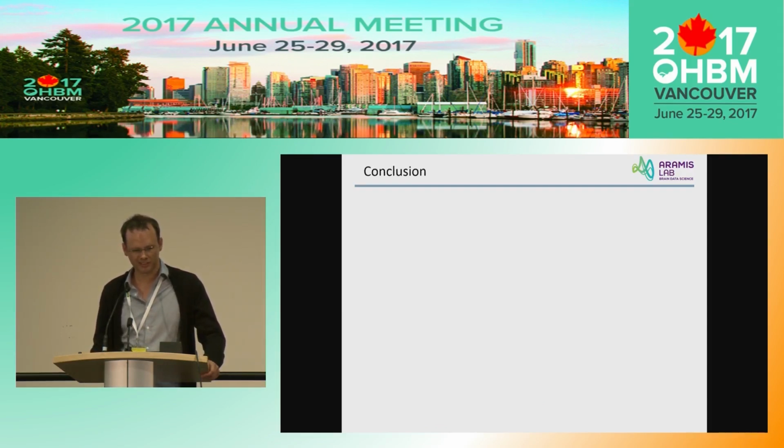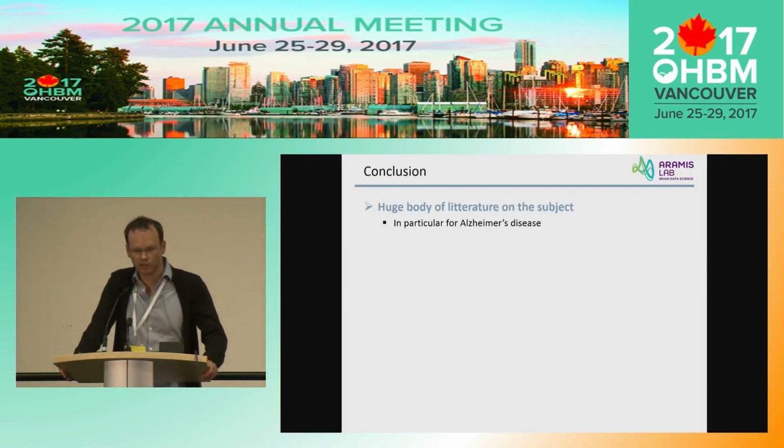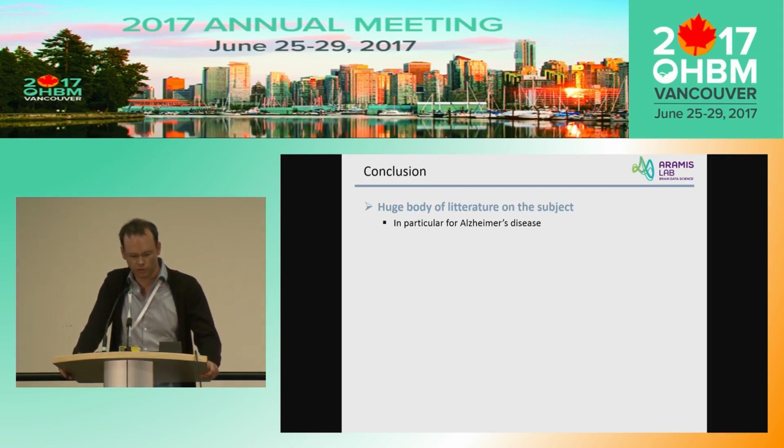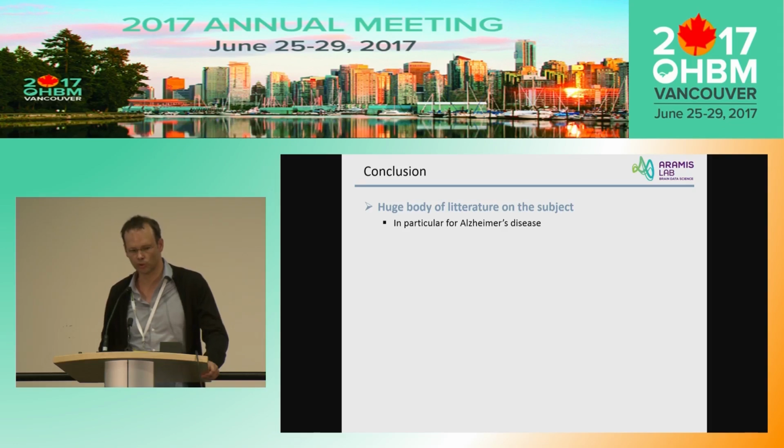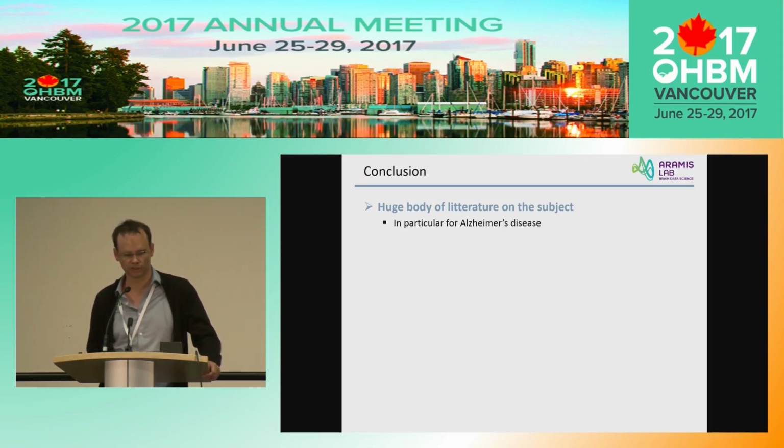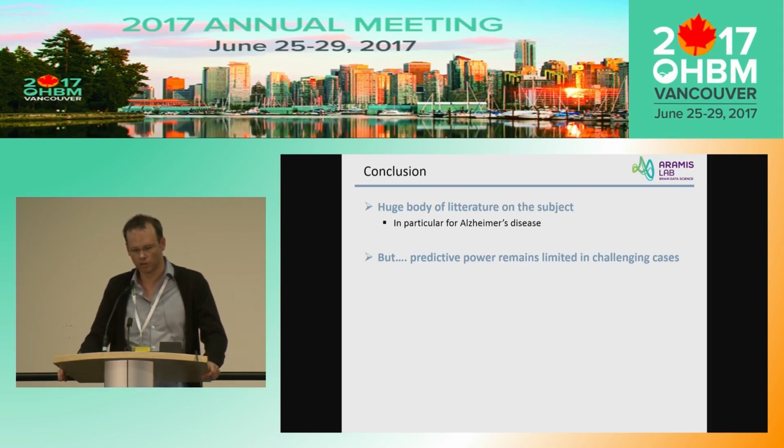So to conclude, there is really a huge body of literature on the topic of computer-aided diagnosis using machine learning, in particular for Alzheimer's disease. And one reason is because of ADNI. Because it's available, it's not too small, and many people have worked with it. Predictive power remains limited in challenging cases. Papers report good accuracies for prediction of evolution, but